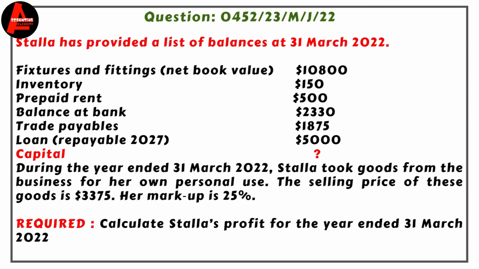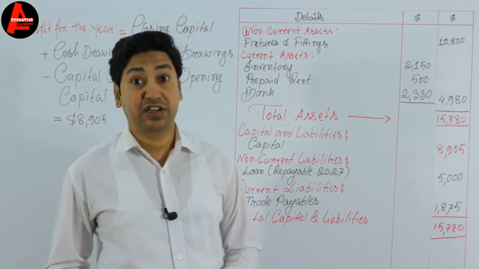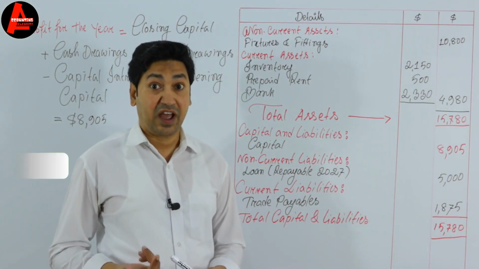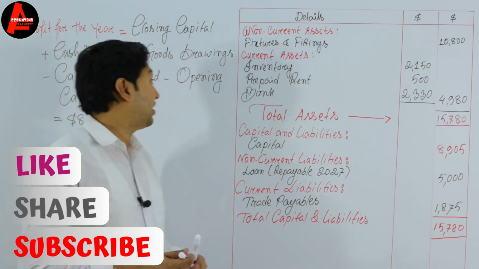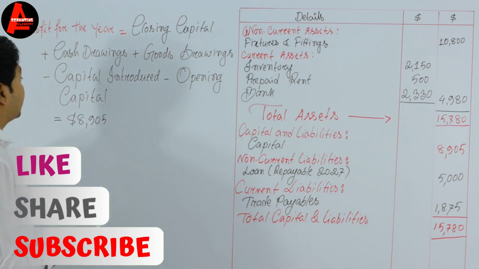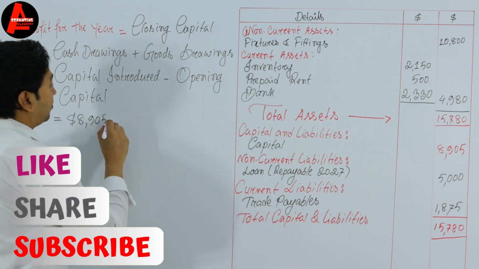On the question, during the year ended 31st March 2022, Stella took goods from the business for her own personal use. The selling price of these goods was $3,375. Her markup was 25%. So it is a goods drawing. We calculated the cost price of this drawing. It was $2,700. So let us write here plus